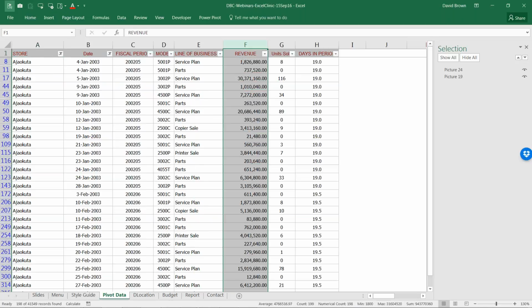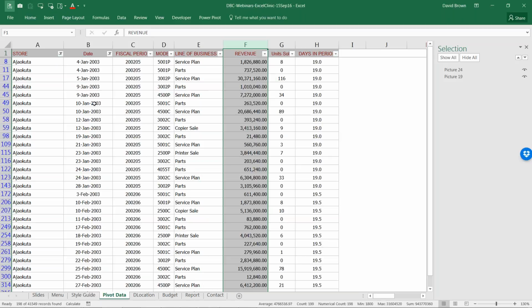If I highlight this whole revenue column, at the bottom right, it's quite small, you would see the total. I'll just read it out for you: 943770360. So that is basically the sum of revenue if the store is Ajakuta and if the year is 2003.